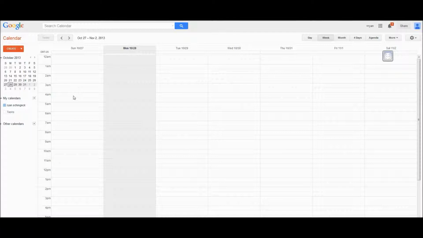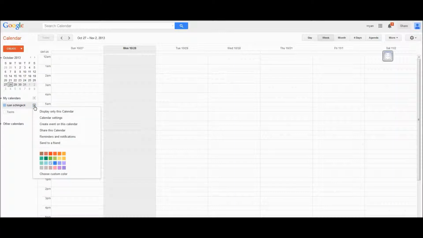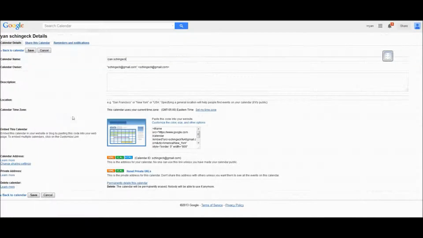So what we're going to do is, underneath My Calendars on the left hand side, you'll see you have your calendar name. Now what you want to do is hover over that calendar name and you'll get a little drop down arrow. Click that, and in the menu, go to Calendar Settings. Now what you want to do is, at the very top, you'll see a tab for Share This Calendar. Click that tab,